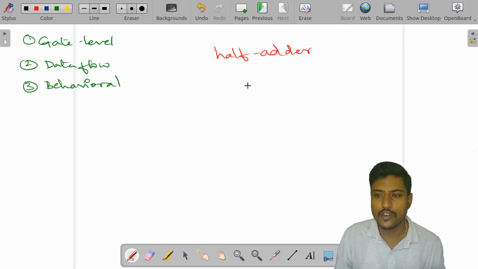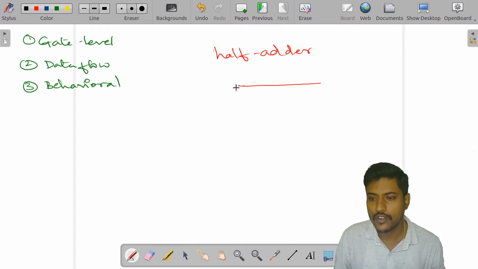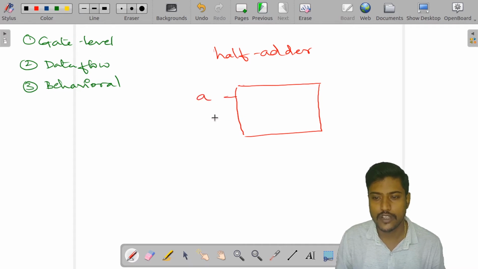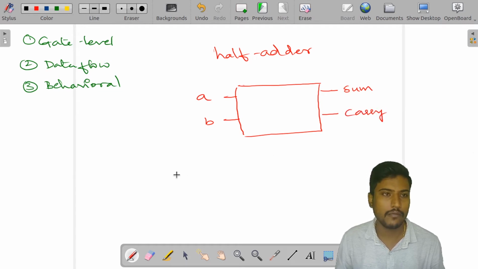Now if you look at a half adder, if you are writing in terms of gates, then I'll have two inputs, A and B, and two different outputs, sum and carry.